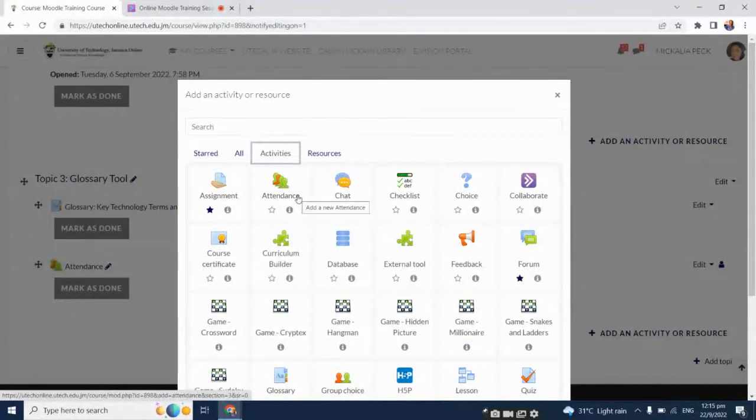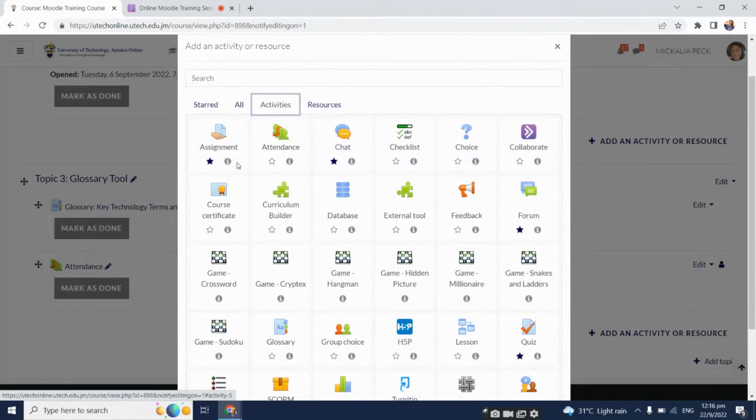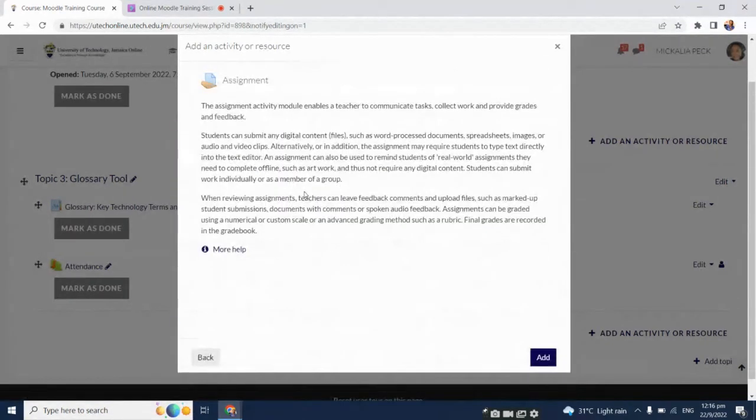Now, something I always point out about Moodle, another good thing about it is that it's kind of hard for you to get lost. Moodle has a lot of help icons for any activity or resource that you select, even before you select it. So let's say the assignment. If I wanted to find out more information about the assignment, or if I see a tool here, I'm not sure what it is for, I simply click on the icon for more information,